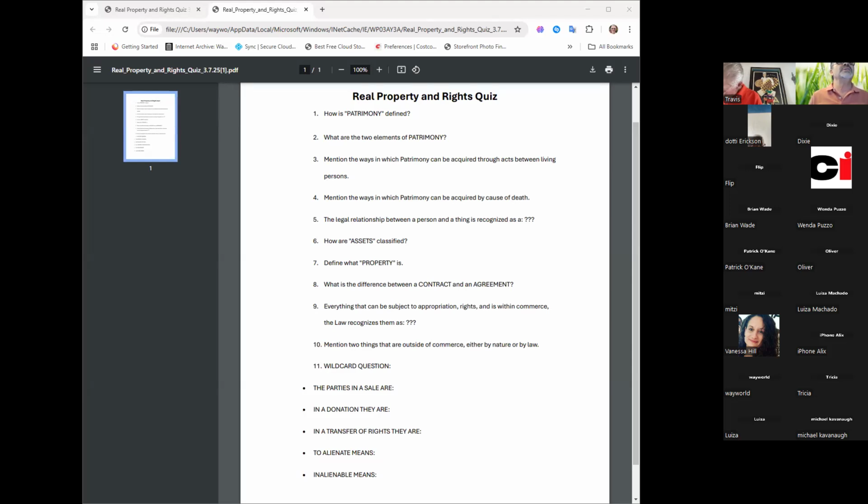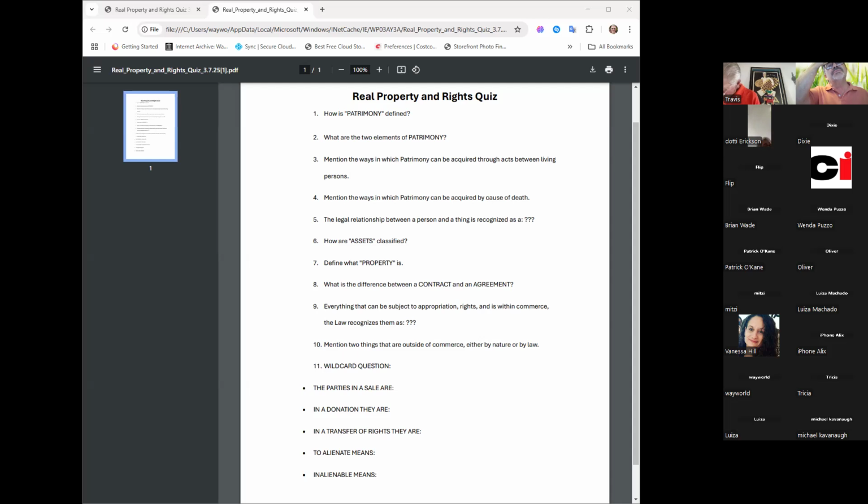And inalienable means something that cannot be transferred. It cannot be taken away, given or sold without permission. Yes, you cannot sell that thing.